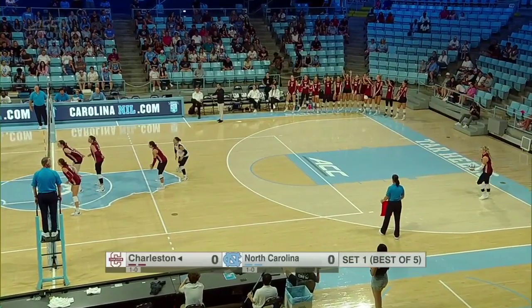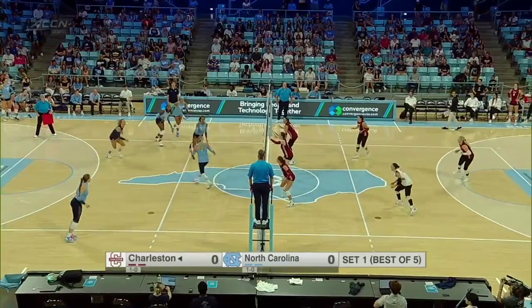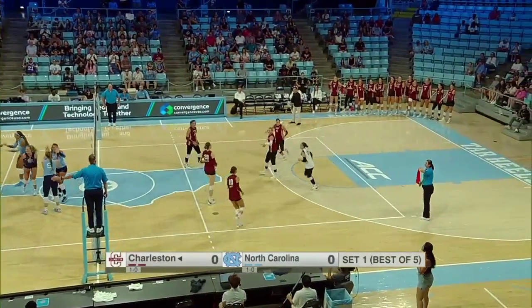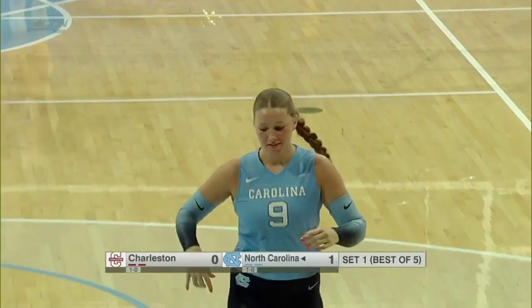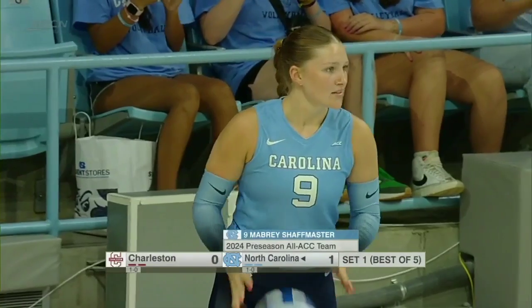The Cougars, with a 4-set win over Western Carolina last night, had 20 blocks in those 4 sets. Schaffmaster gets the first swing for the Tar Heels, and preseason All-ACC. She showed why last night, and she gets the first point tonight. And why not set your top attacker right away, get some rhythm, get a little momentum going right here in